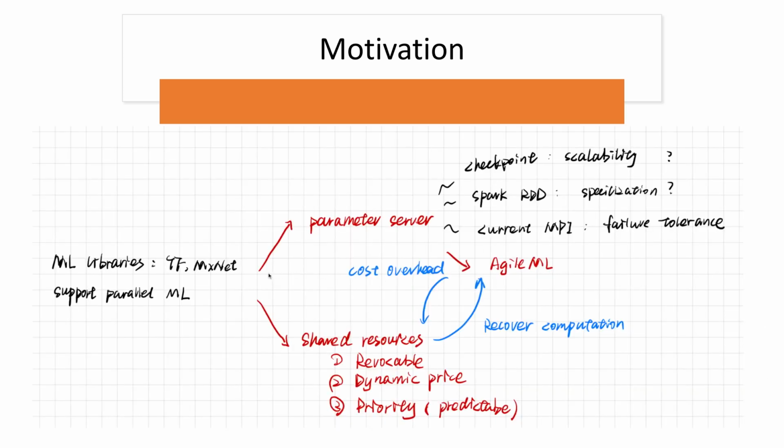Another prerequisite of this paper is that most machine learning libraries, like TensorFlow or MXNet, support parallel optimization of machine learning algorithms. In all these libraries, we can optimize the machine learning algorithms in a parallel style, so that when it is transmitted onto the parameter servers, we can still have this parameterized optimization process.